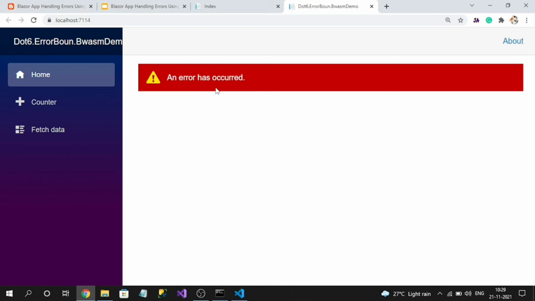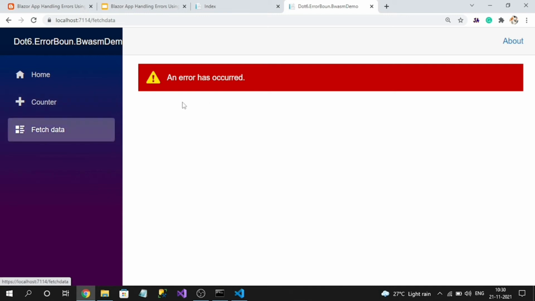Okay, so with page level we will have one more issue. If I navigate to other menu links, carefully observe here. See, still content is not changing. Only the error message is showing because the exception is handled at the home page, but if we navigate to another page, still the home page exception is showing.